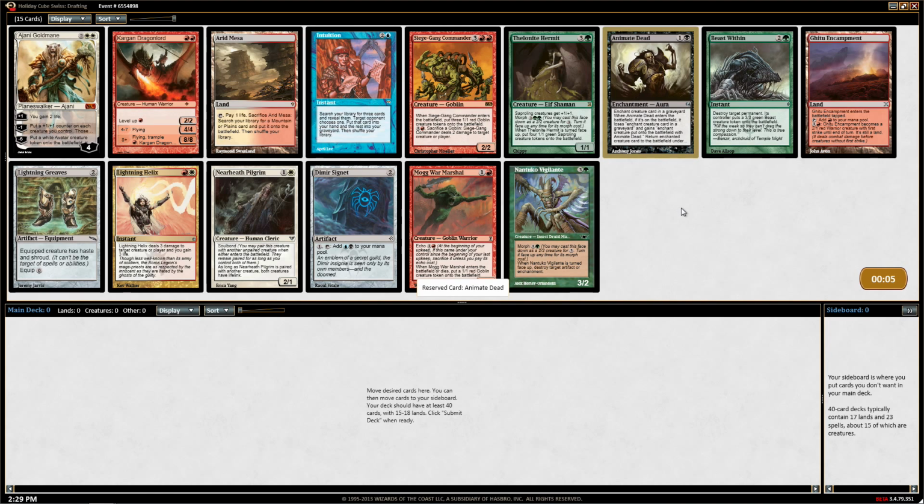So, we only have 9 seconds left in this pick, so I'm just going to flag this Animate Dead, and I'll talk about why in a moment. This is the Holiday Cube. This is a Swiss draft, of course, and